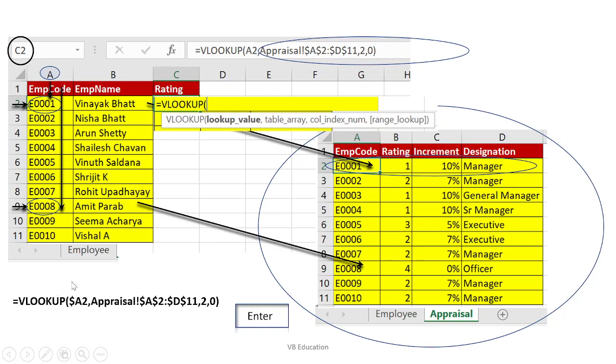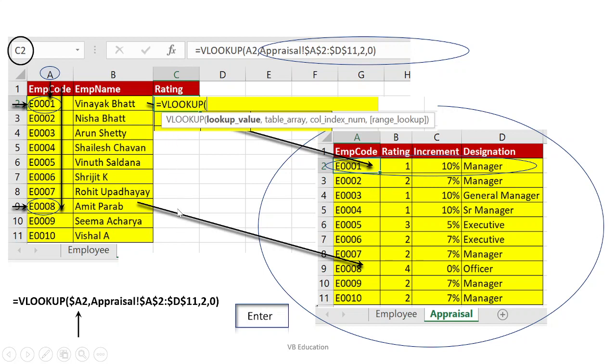Now what do you understand by $A2? When you say dollar, you are going to freeze that particular thing. So here I am saying $A means I am going to use only column A. The next step will be copying the formula to these cells.